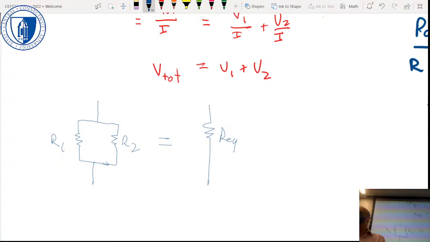Right, so we have R1 and R2. Now, because the parallel equivalent resistance relationship is that 1 on R equivalent equals 1 on R1 plus 1 on R2,